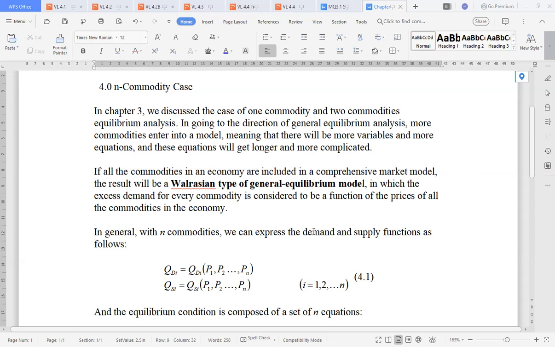We also acknowledge that that model is quite limited because in reality we are confronted with a lot of commodities, and so we try to extend that from a one commodity to a two commodity equilibrium analysis, which we again tackle with what we call a general market equilibrium analysis. So again, it talks about two market commodities. We determine price and quantity of two goods, and although it's still limited to two commodities, it's still quite a helpful concept